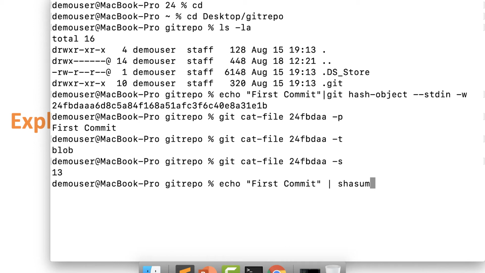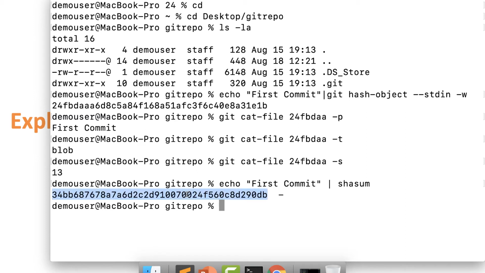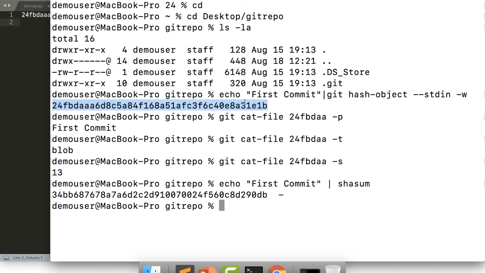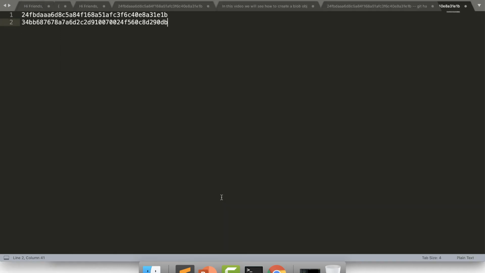If I run it here, you can see a hash is generated again, which is different from the one generated over here. I'll copy the hash and show you the hash that is here. You can see there is a lot of difference. This is something else and this is something else.